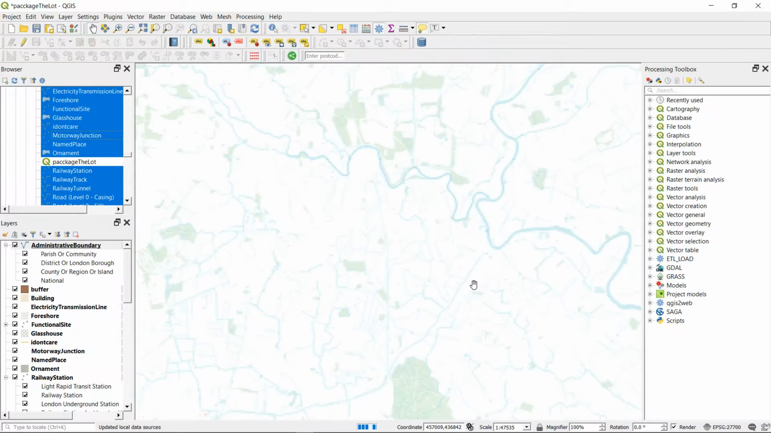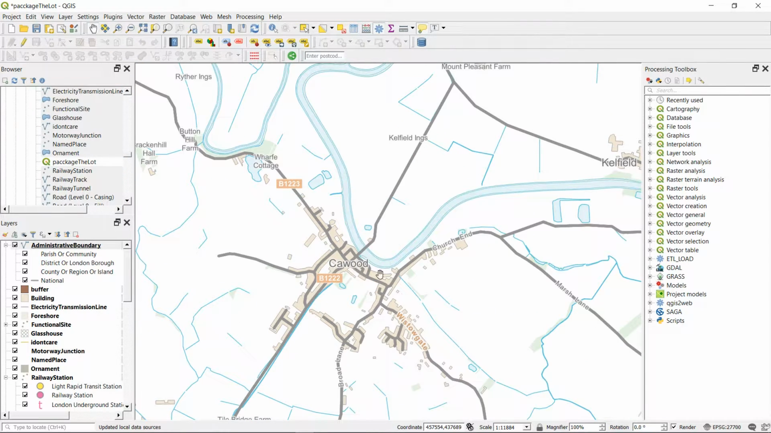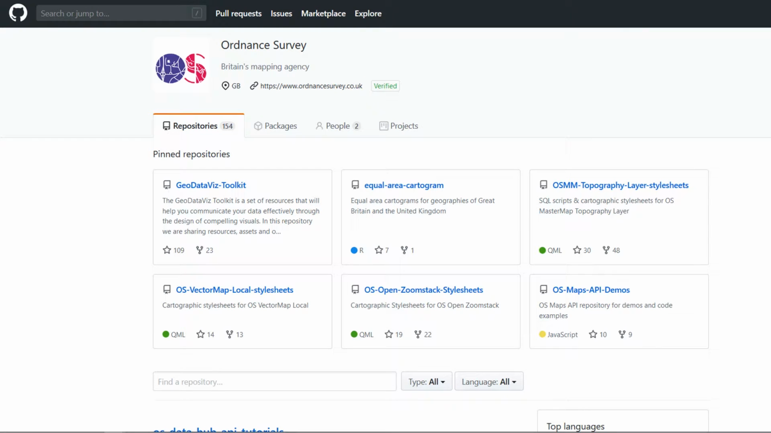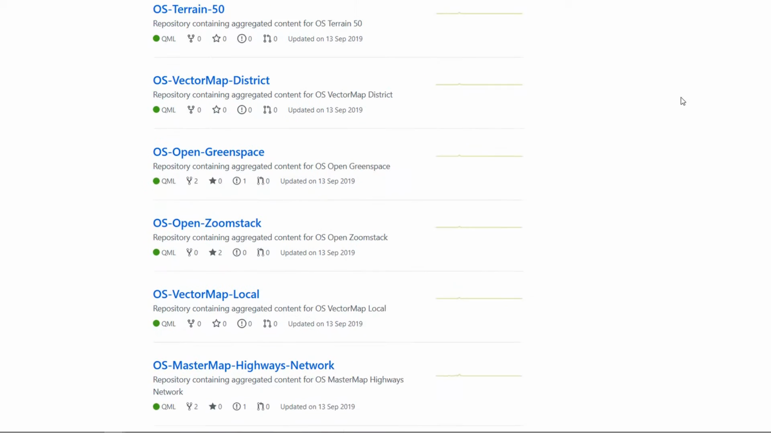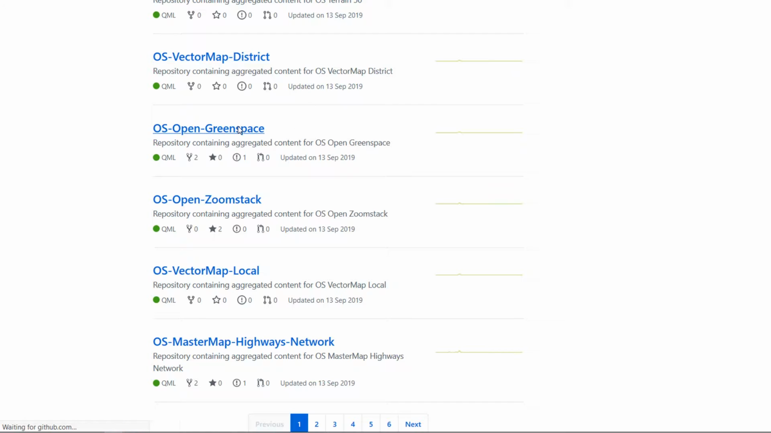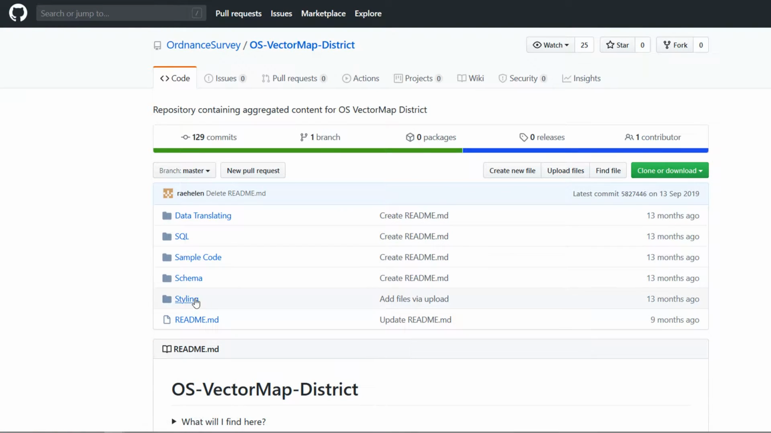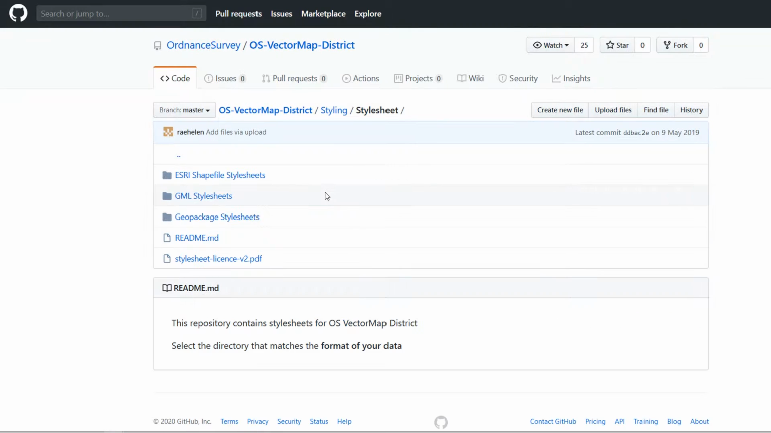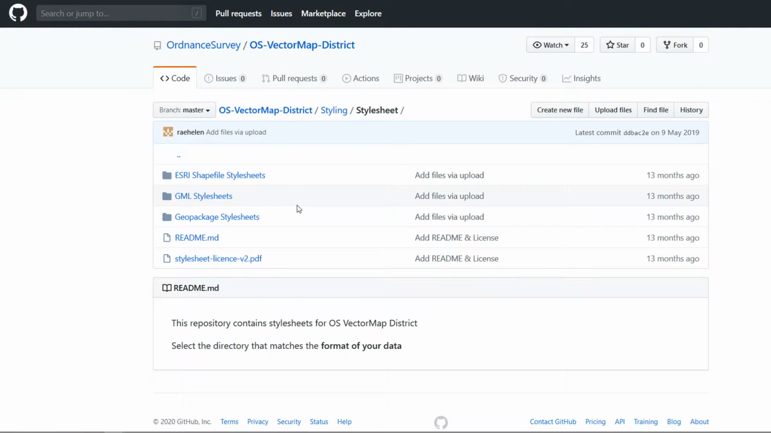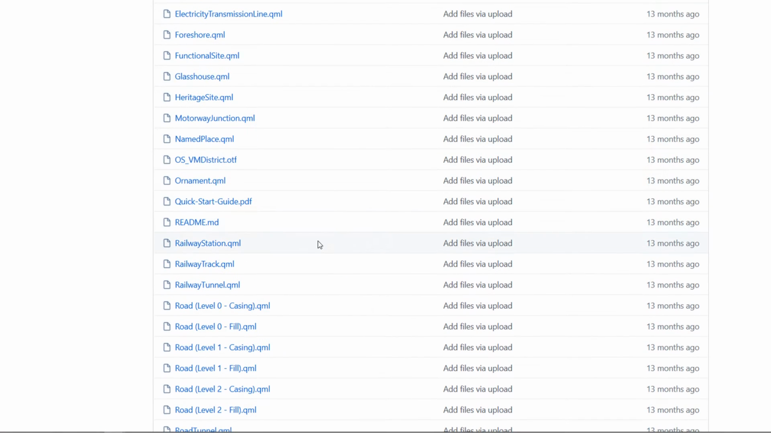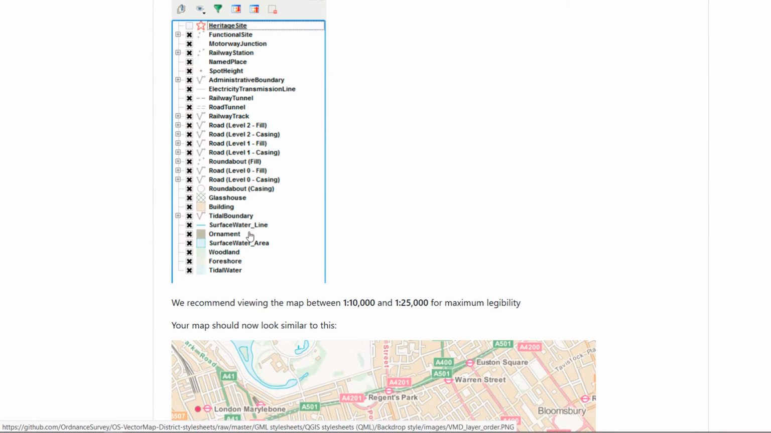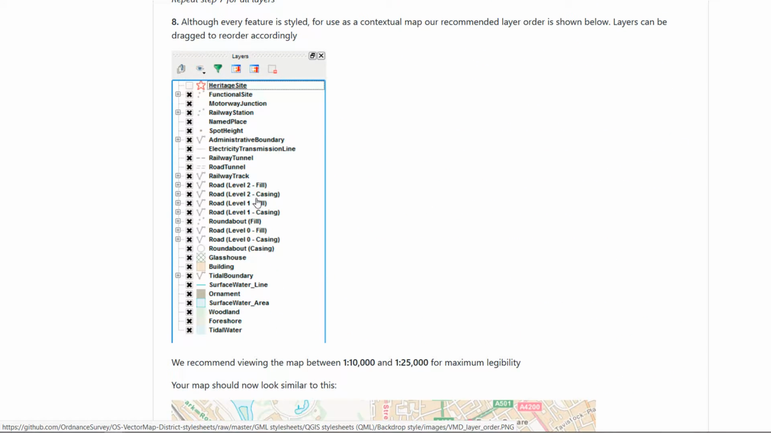So if I start zooming in, you can see that the order of our layers does not quite look like an OS map, but that is also easily fixable. If you head on over to the Ordnance Survey GitHub repos, then you can scroll down and find the vector map district, and if I click on that, in here we should find the styling. There we go, style sheets, and I'm going to look at Esri shapefiles, style sheets, QGIS, QMLs, and we're looking at the backdrop style. And in here you will see a README which tells you how you should order the